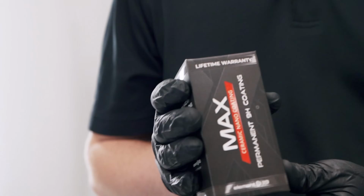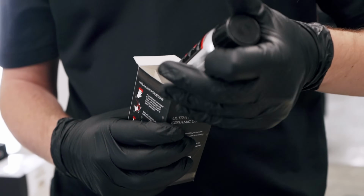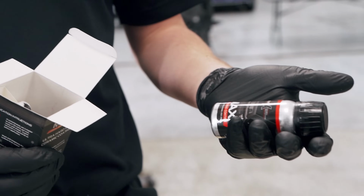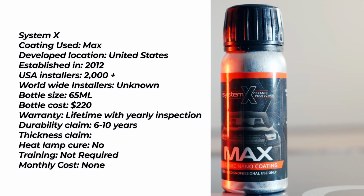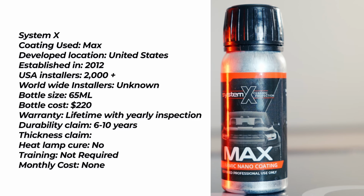System X is made right here in the United States and has over 2,000 active installers in the country. They also ship to over 100 plus countries. System X was founded in 2012 as a coatings R&D company. This bottle here is 65 milliliters, and they recommend 1 bottle per vehicle warranty, but you could stretch this bottle